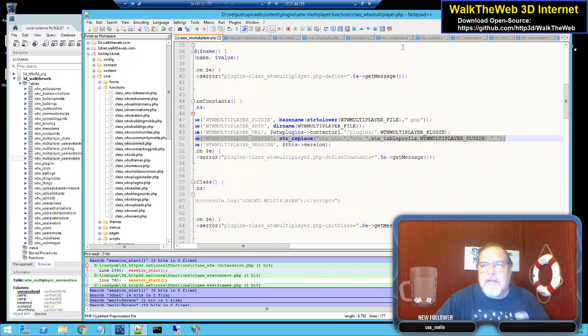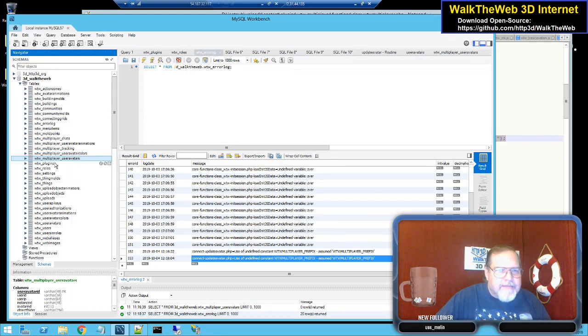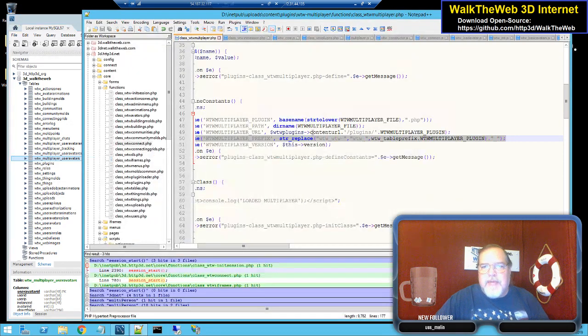Copy that. You know, there's even an easier way. For the moment, I'm going to use the full name of the table. I have to get that variable in there for their prefix. That's what's happening right now. So if I use WTW underscore multiplayer underscore in front of the table names, then basically